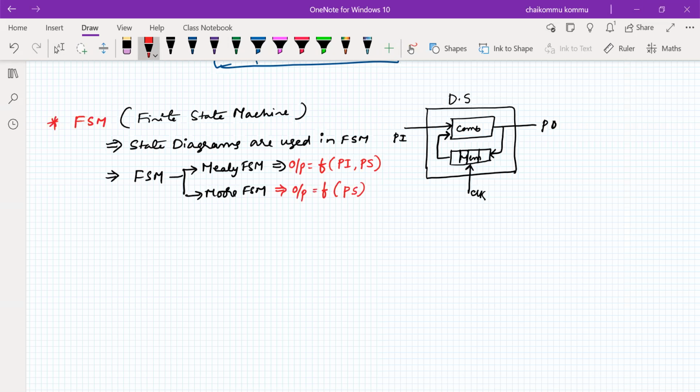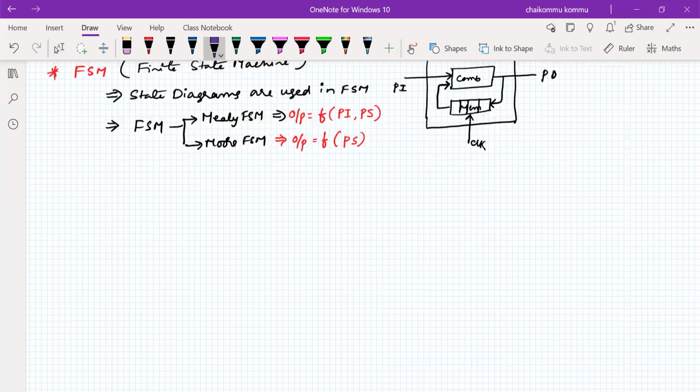We don't want to focus mainly on these classifications, but you might have studied them in digital electronics. We take it for granted that the state diagram is available. With the help of the state diagram, we want to write a Verilog program. Most of the cases, sequential circuits are represented as finite state machines. Of course, combinational circuits are also possible, but generally finite state machines are most relevant to sequential circuits. So consider one sequential circuit, a sequence detector.